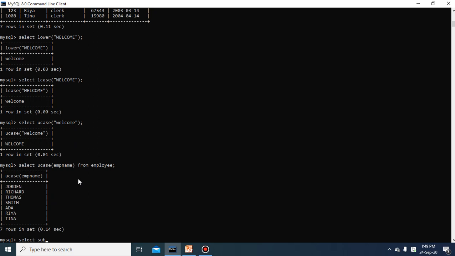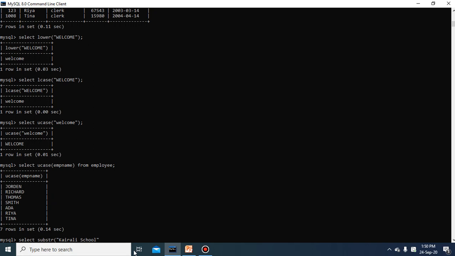Select substr. This substr extracts a number of characters from the string which you provide as an argument. If you want to extract a substring from the main string, suppose the main string is Kerala school, and from this string I want to extract some characters.